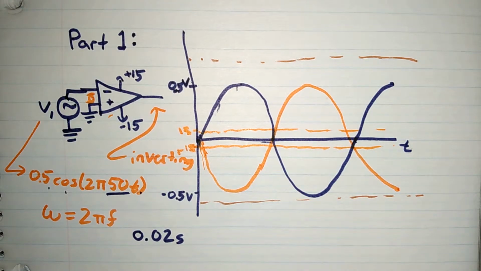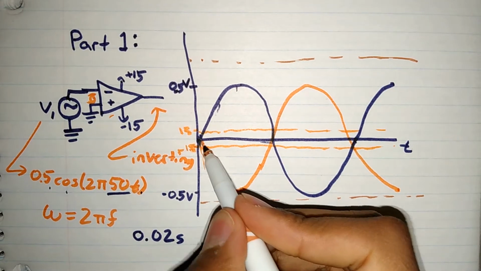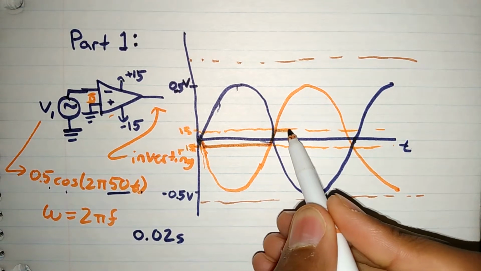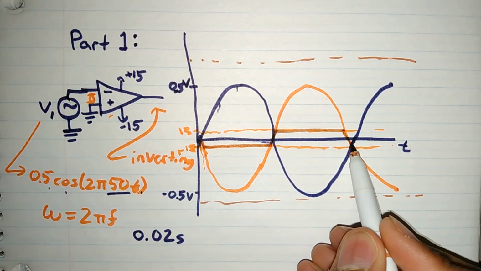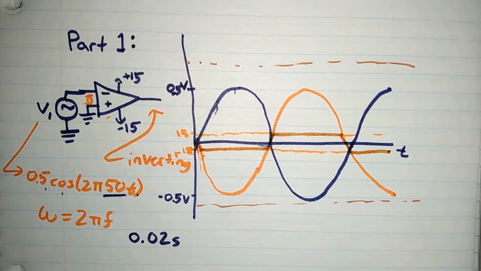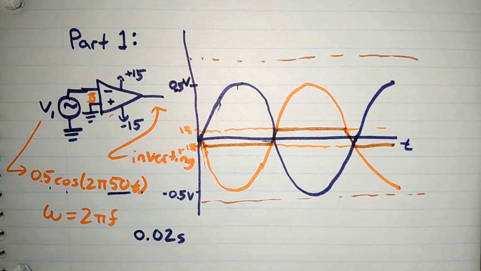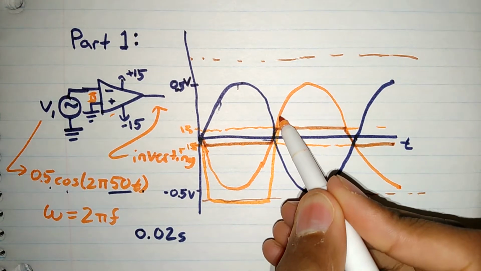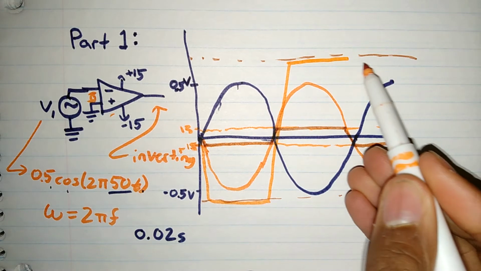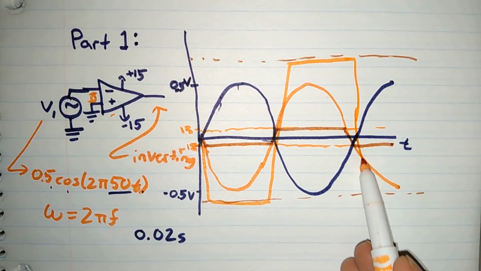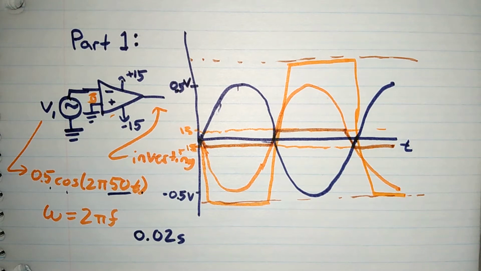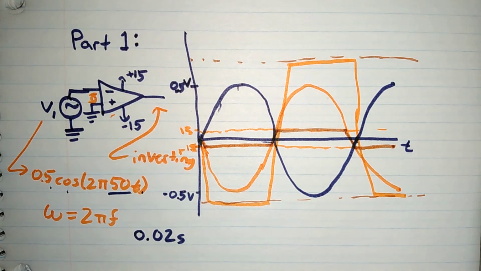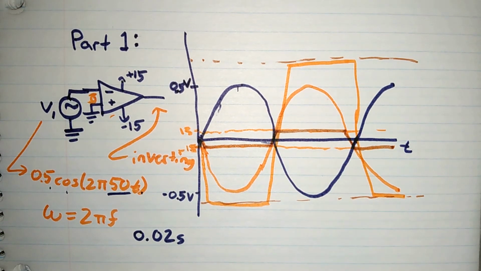Which means the true form of the graph would be slightly here, flat out at saturation level, go a little bit back out, flat at the saturation level, and goes back down, flat at the saturation level. If I would scale it up, it would look something like this, and go on like that, because the saturation is being reached almost instantly, because the gain of this amplifier is enormous. So this is what you would expect for the graph of the